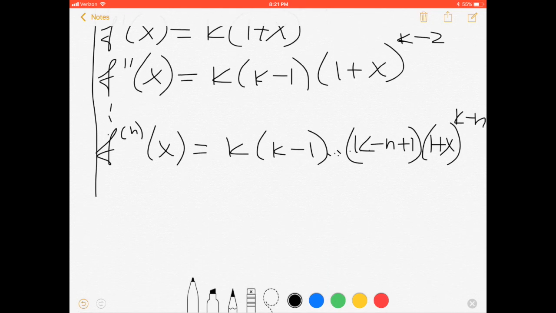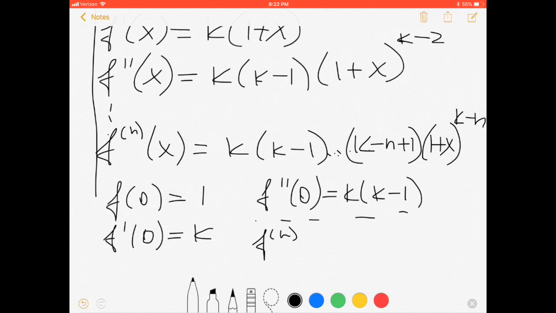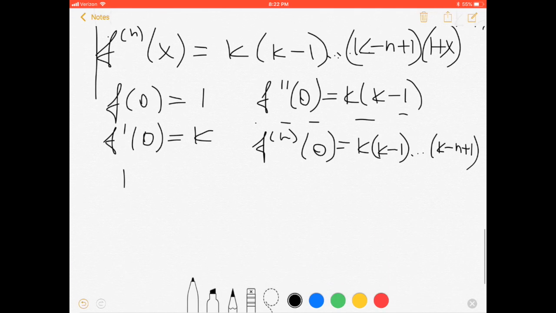Okay, let me do f at 0, it will be 1. f prime at 0 will be k. Second derivative at 0 will be k times (k minus 1). And the nth order derivative at 0 will be the product k times (k minus 1), continue to (k minus n plus 1). Okay. Using this fact,